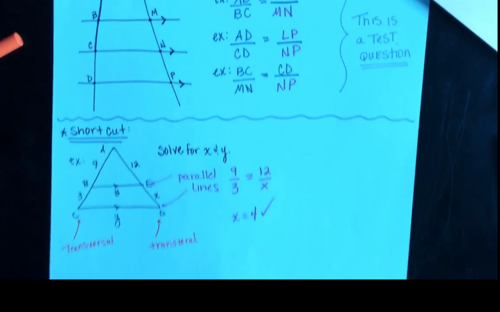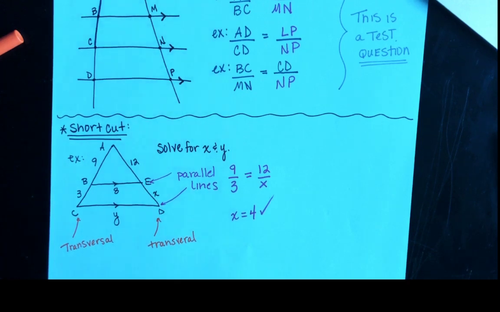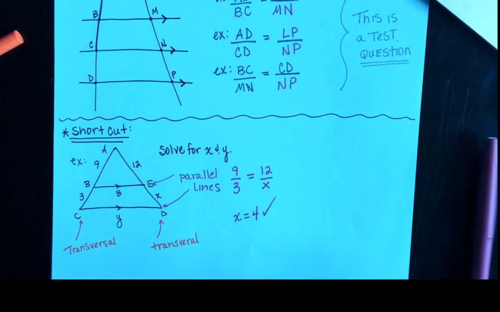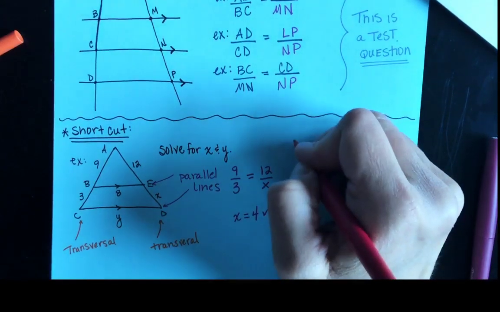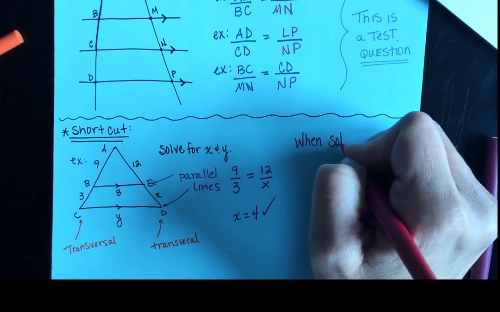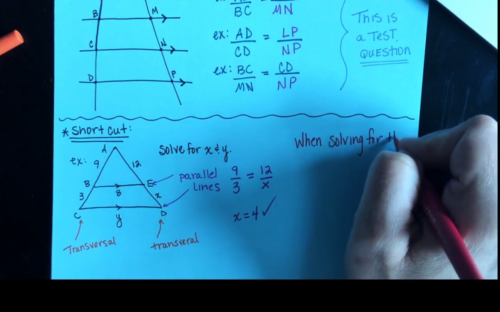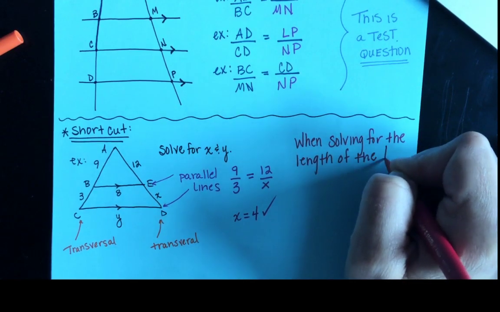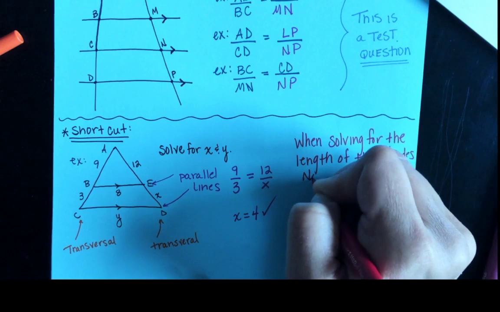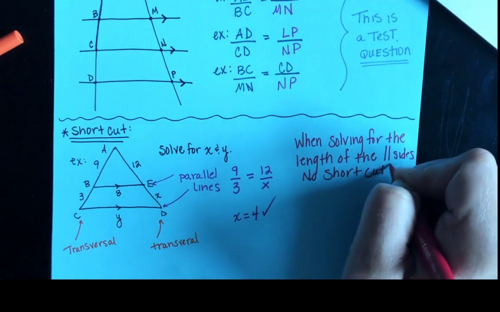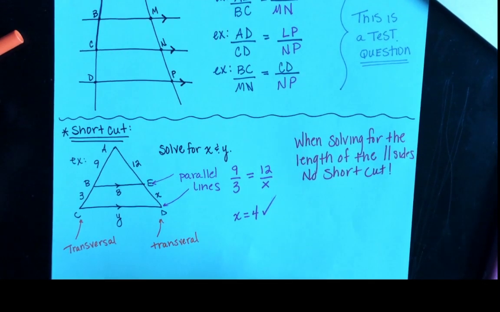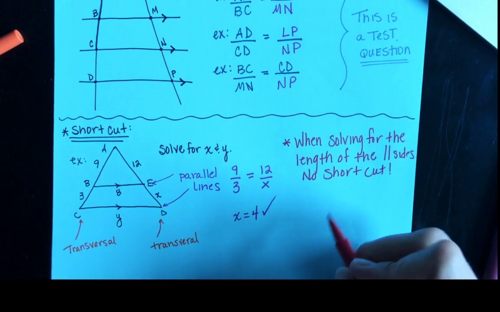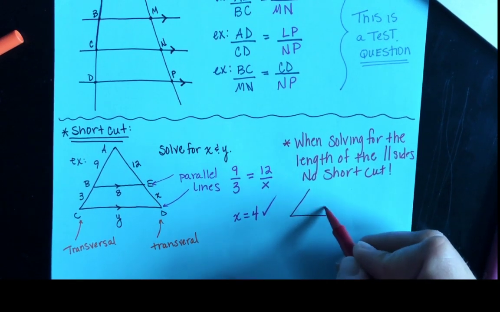Now, the problem is 8 and Y are not transversals. Our parallel lines are not being divided in any way, shape, or form. So when solving for your parallel lines, you can't use the shortcut. So when solving for the length of the parallel sides, no shortcut. We end up having to split our triangles again anyway. So this is where the shortcut kind of fails us, because we're very quick to want to say what our answer should be. So what we're supposed to do is actually split the triangles again and